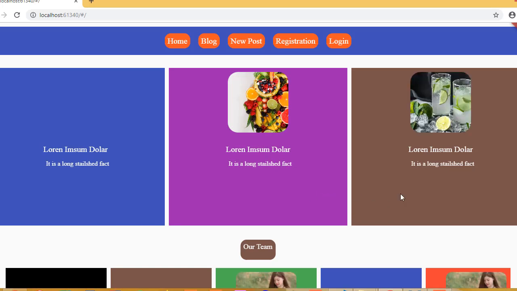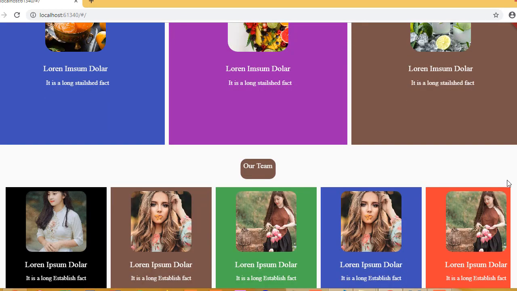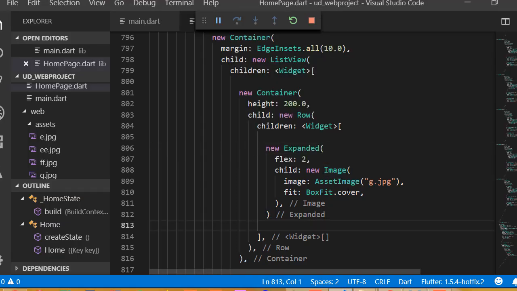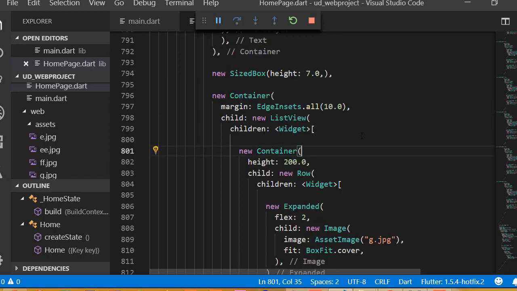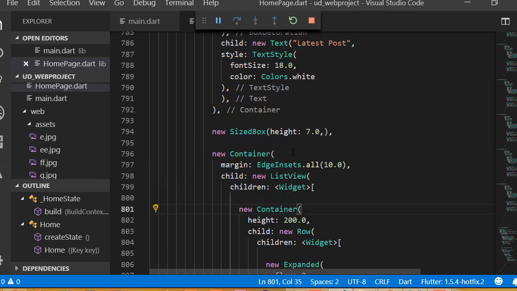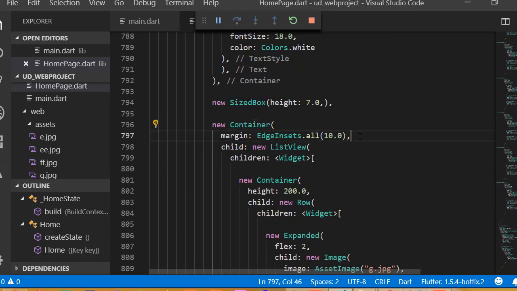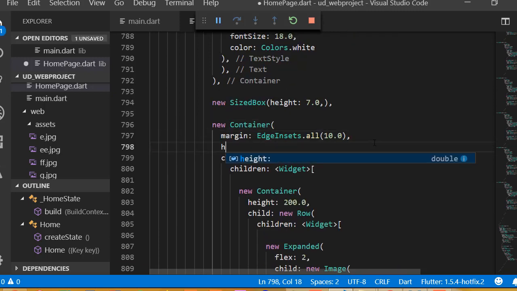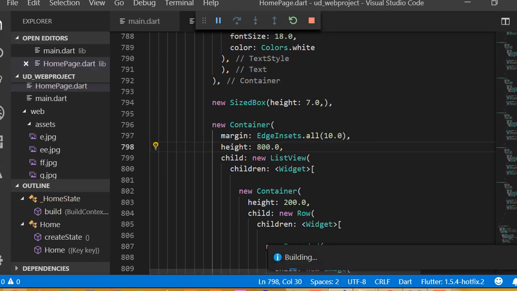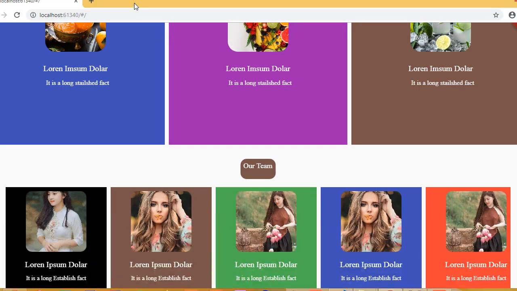So I need to reload it. Okay, we got an error, and the reason is that we selected the height of this container, but we did not define the height of this container. Okay, so this is the important thing. We need to define the height of this container, because we are adding all of this data inside this container. So select the height, and let's say 800.0. Now save, and now if I refresh it,